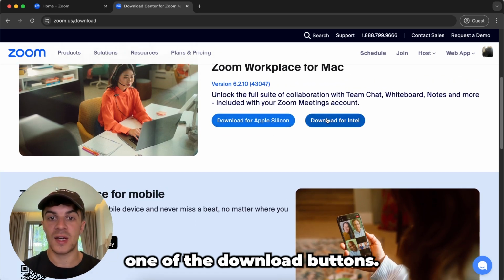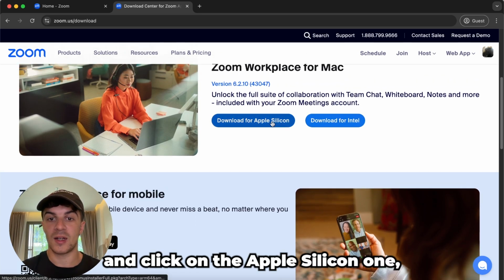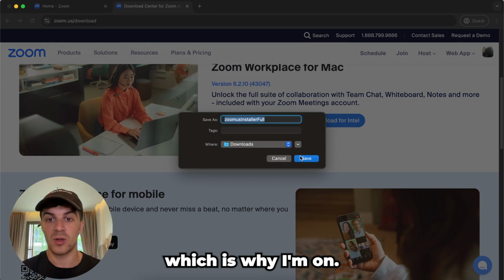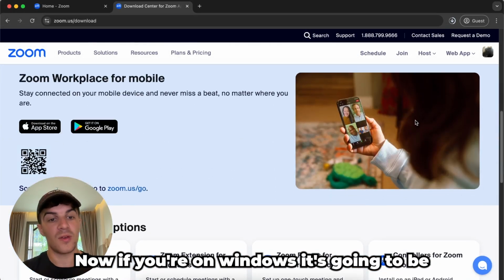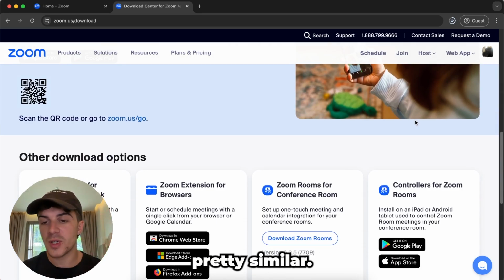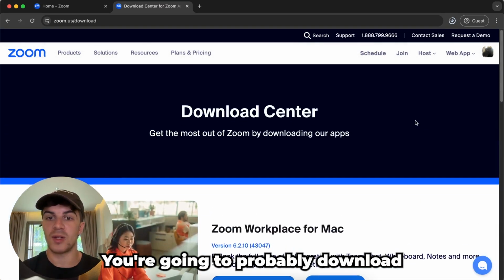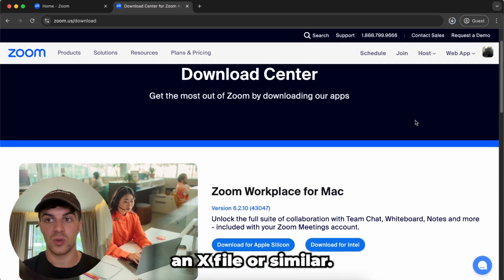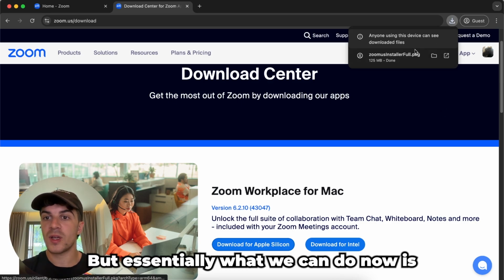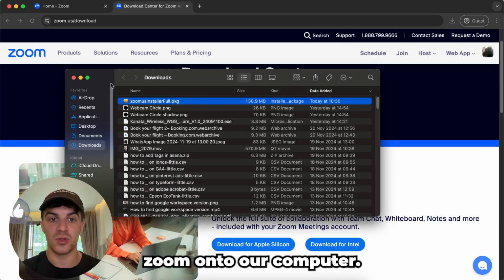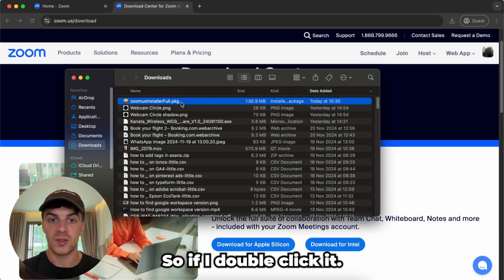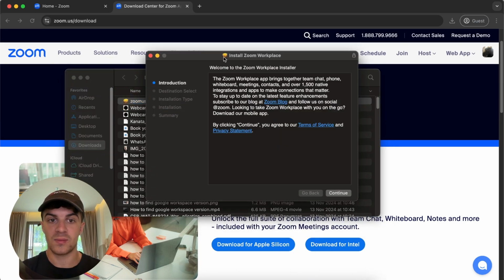So go ahead, hit one of the download buttons. I'm going to go ahead and click on the Apple Silicon one, which is what I'm on, and it's going to download an installer. Now, if you're on Windows, it's going to be pretty similar. You're going to probably download an exe file or similar. But essentially what we can do now is we can go ahead and open this and we can install Zoom onto our computer. So if I double click it